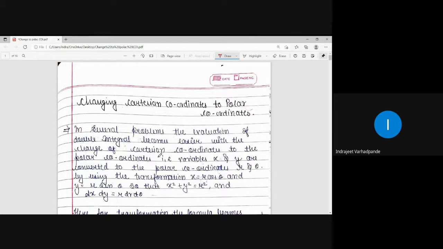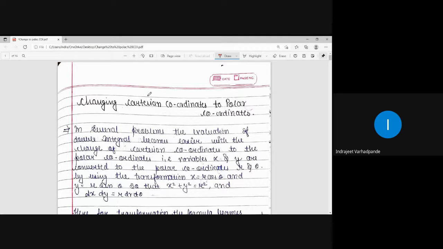But now there are certain examples where it is very difficult for us to go with the Cartesian coordinate system. In that case it is advisable to change the Cartesian coordinate system into polar. Earlier we dealt with problems solved with the help of a vertical strip or a horizontal strip, and in the other case a radial strip is drawn once the region is identified, and accordingly we get the limits of integration. Once the limits of integration are obtained, we can easily simplify and get the answer.